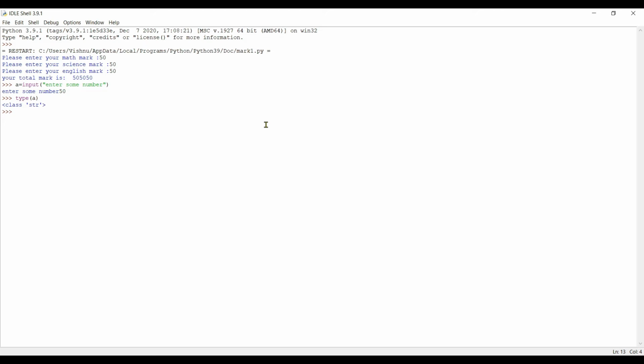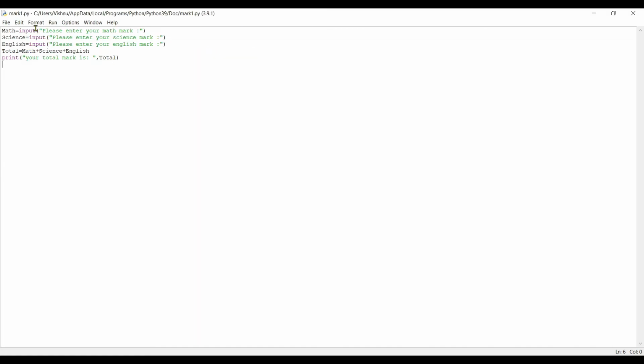Okay, so if you add a plus a, you will get 50 plus 50 only. So what happens is, instead of doing calculation like this, it is doing like this: 50 plus 50 plus 50. So what we have to do is, we have to use integer function to convert this string value into integer value.